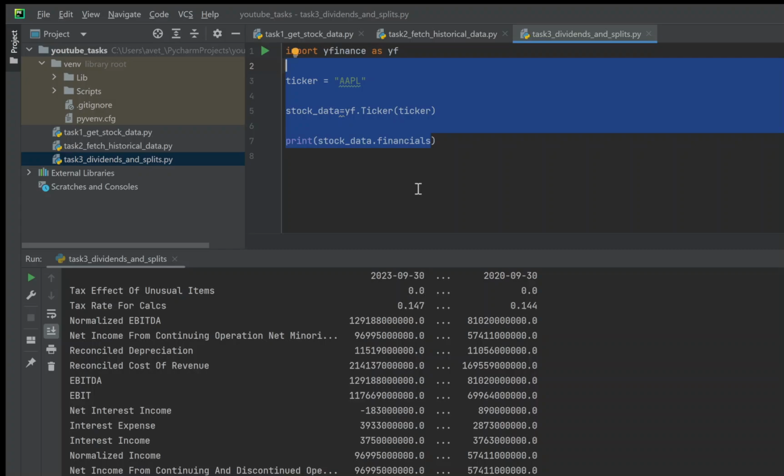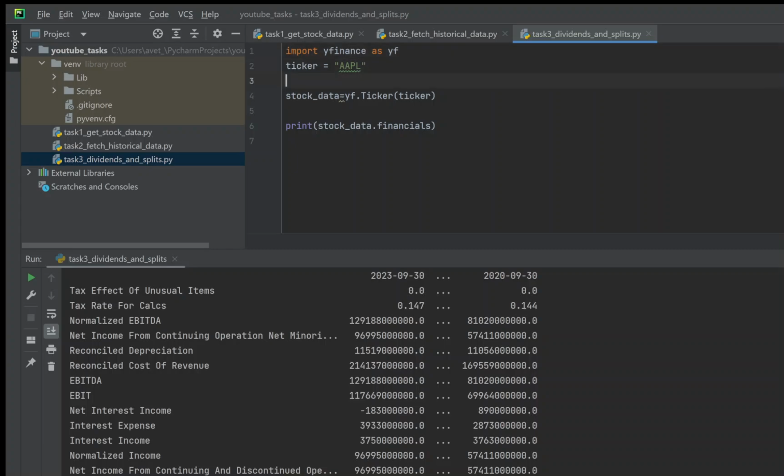For that, we have our import, ticker, and stock data. Let's say we have financials equal to stock data financials. And here there is a nice method which we are going to use, HTML file